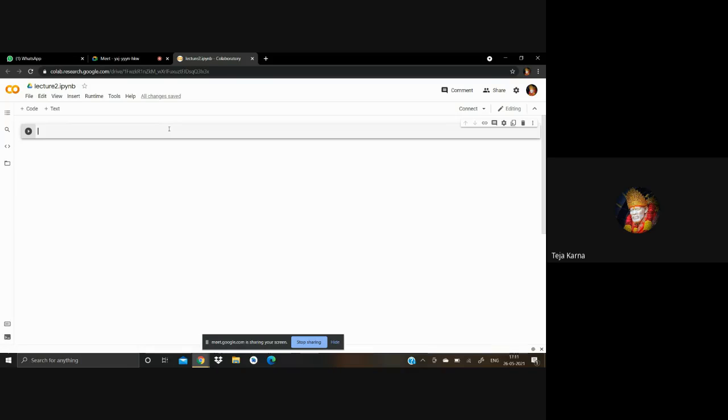First one is findall, that will return a list that contains all the matches. The second function is search, which returns a match object if there is a match anywhere in the string. Then it's split, and the fourth one is sub. Split returns a list where the string has been split at each match. And sub is used when you have to replace one or more matches with a string. After that, there are meta characters that we'll see using practicals as well.